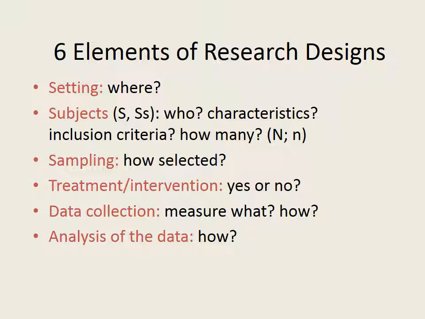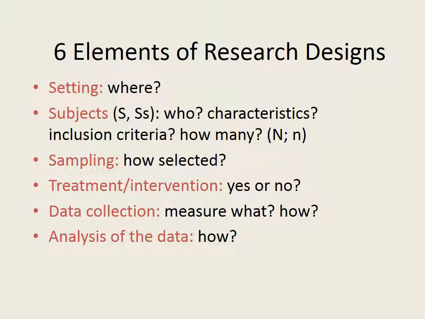Remember that big N and little n in your inclusion criteria is telling us how many subjects there are. So you want to make sure that you're actually including that in your discussions, not just that there's a lot of them, but tell us the N, tell us how many there are. The sampling, how was it selected, if you can figure that out. If you can try to determine how the sampling plan was